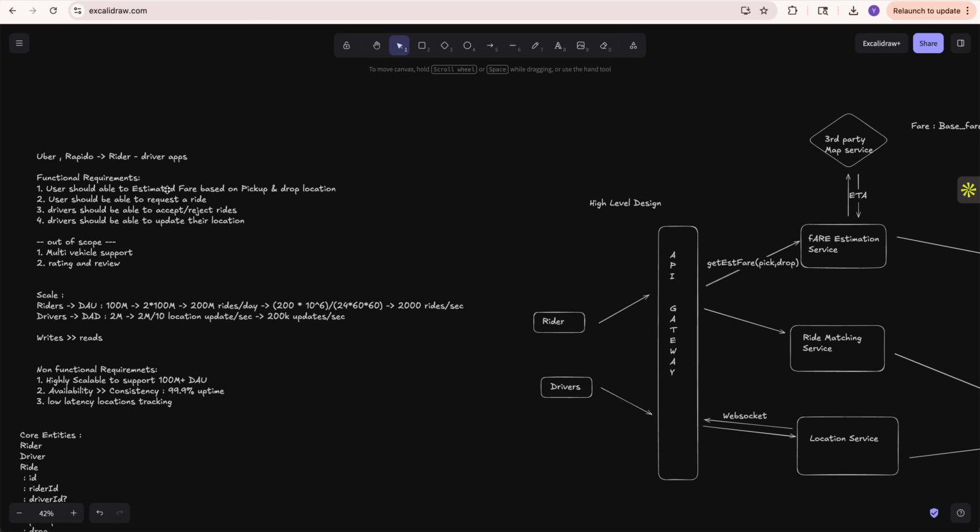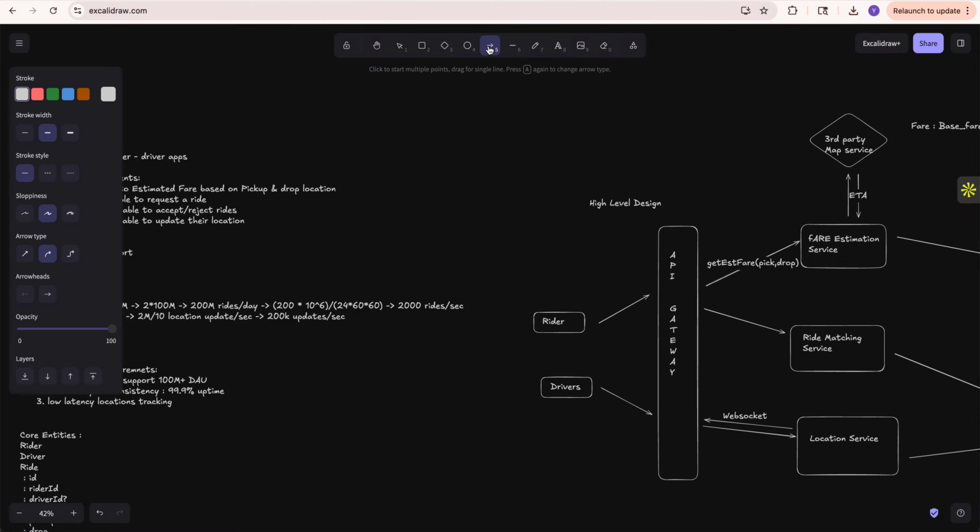Is the user able to get the estimated fare? Yes, they can call our fare estimation service and get the estimated fare. The user should be able to request a ride. Yes, the user is able to request a ride. The driver should be able to reject a request or a ride. Yeah, so from here we will be sending a driver